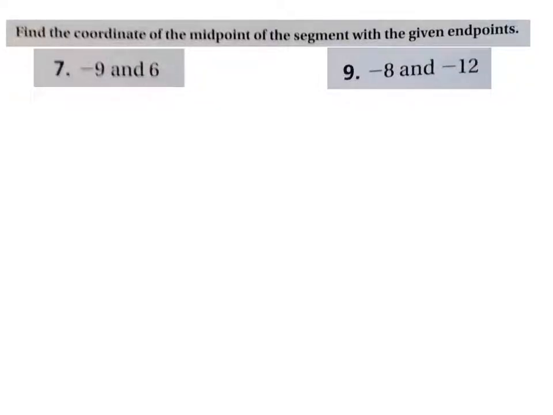All right, we're finding the coordinates of the midpoint of the segment with the given endpoints. And remember, what we're going to do to find the midpoint is average these amounts. So we can use the formula that says A plus B, where A and B are the endpoints, divided by 2 equals the midpoint. Okay? So the midpoint is going to equal then